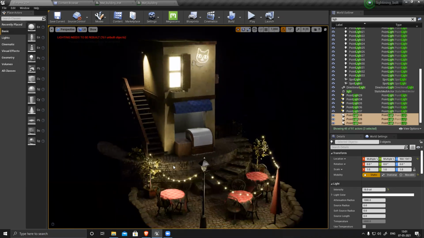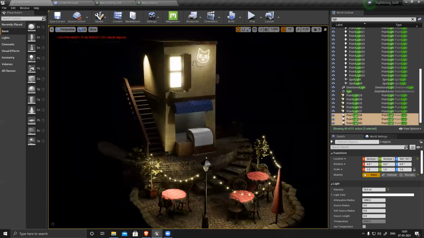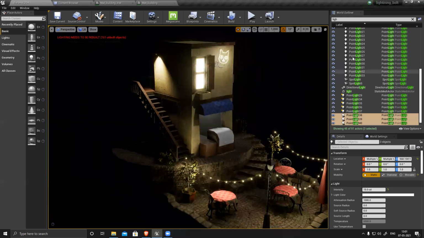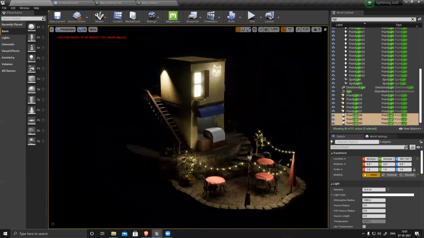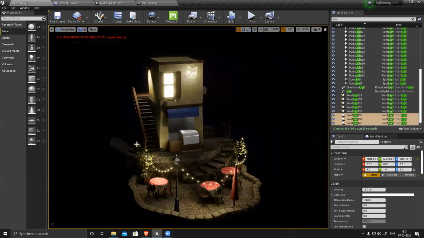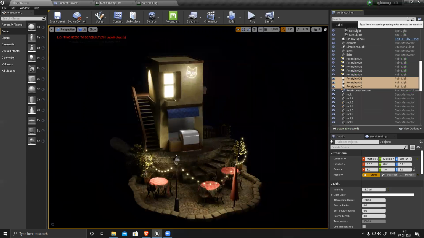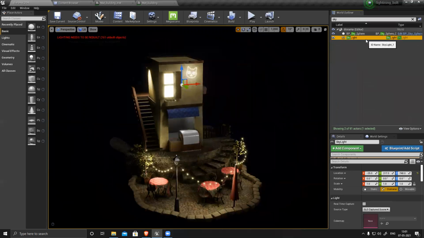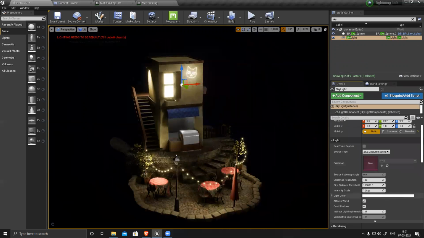So this is like default. This is almost there, but not finished. Everything is not finished yet. So what I have to do is check my settings, because all these parts are really dark. So I have to change the intensity of my skylight. Skylight is basically your bounce light, static. Its intensity is 1. I can make it 2. It will be a little brighter, but nothing changes here because we have to bake it.